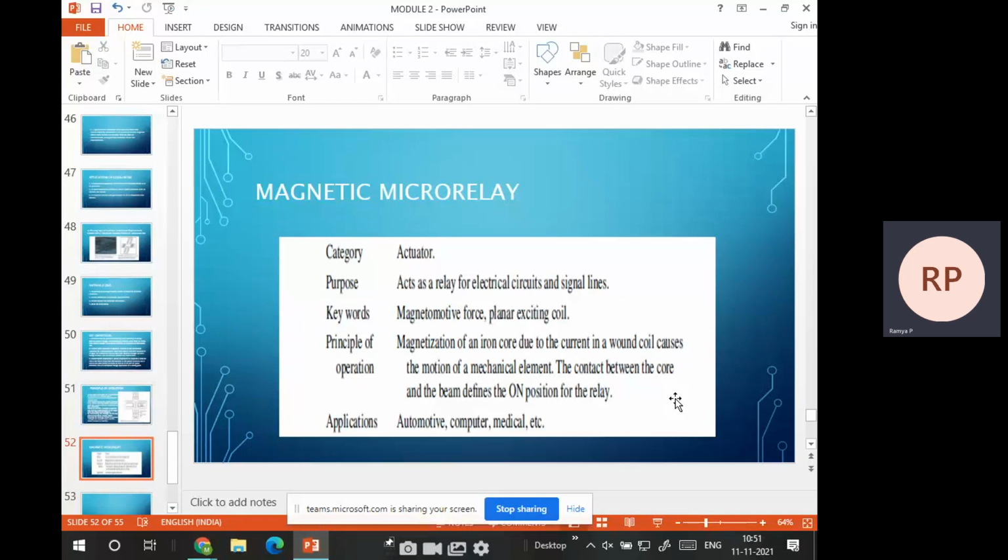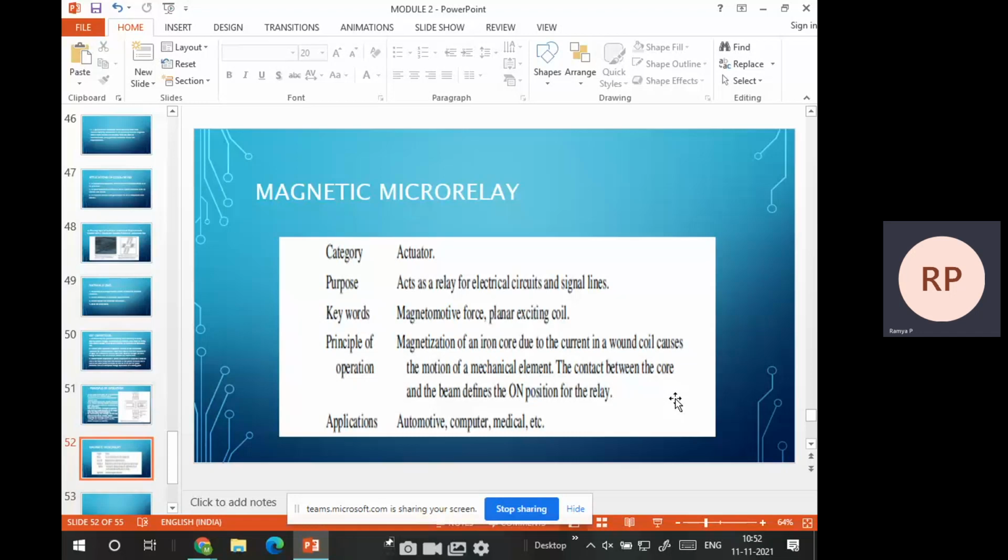Why are we using lead compared to aluminium or copper? Because copper is a good conductor. Whenever I start passing energy, it will pass the energy from one end to the other end. If I use aluminium, it has a little less conduction compared to copper. Copper has the highest conductivity.